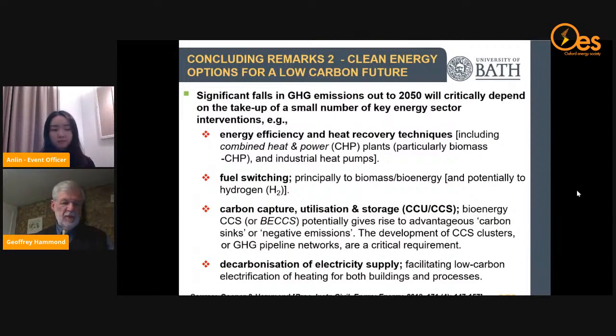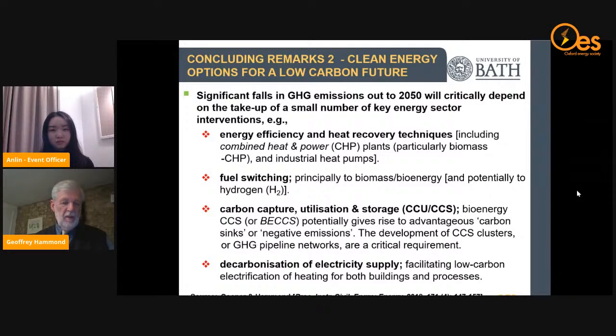And just to finish off, because we're in the week when the government has announced its green industrial revolution, I would just look at a broad brush picture of the technologies that we might need in order to achieve the sort of industrial revolution that they want. First, in the energy sector.